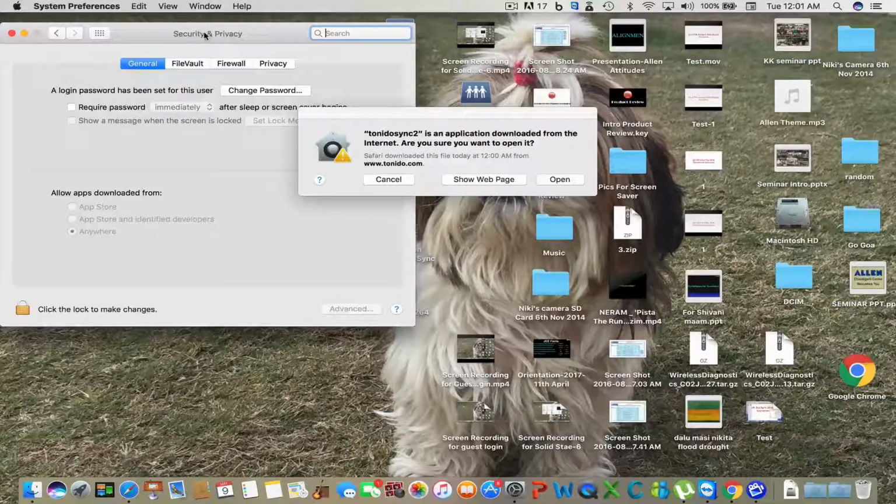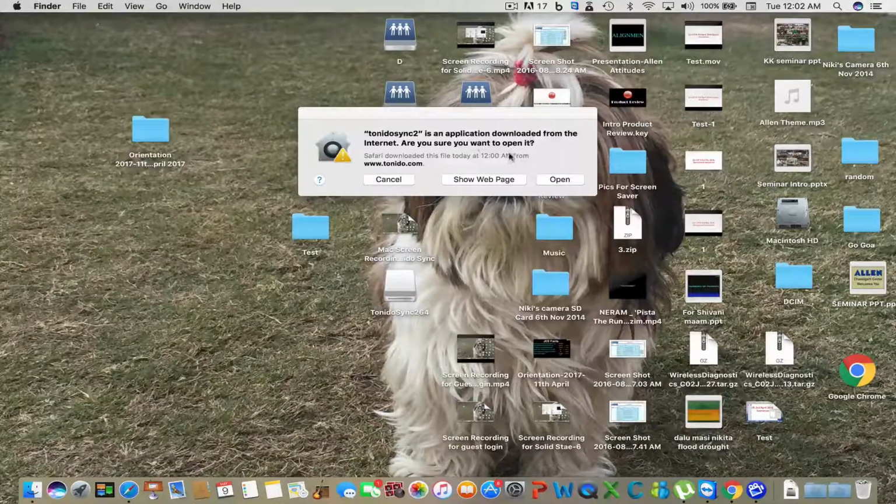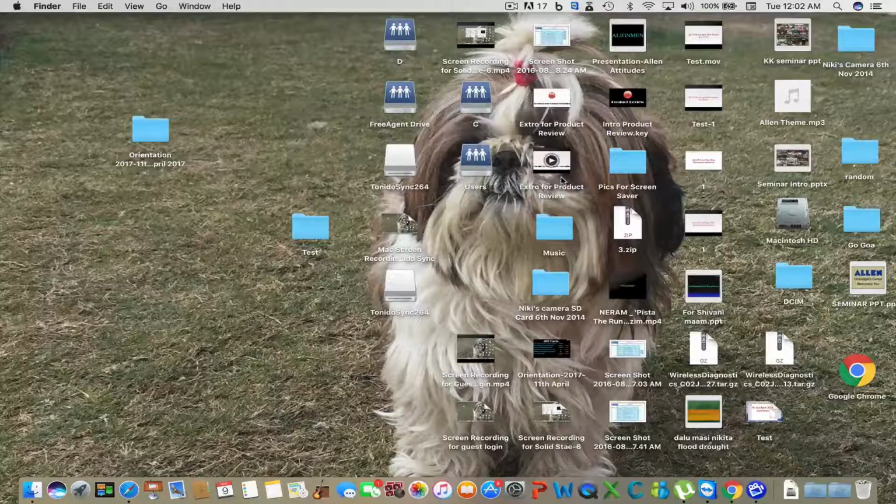So automatically anything that you download from the web for the Mac will get downloaded and installed. Otherwise, if this is not there, then sometimes it will say, are you sure you want to do it? Or sometimes it will say the file is damaged or the file is corrupted and therefore it cannot install. So you need to get this anywhere option. I'll make a separate video on that. So anyway, right now it says, do you want to open it? I'm saying yes, open it. So it's going to install.